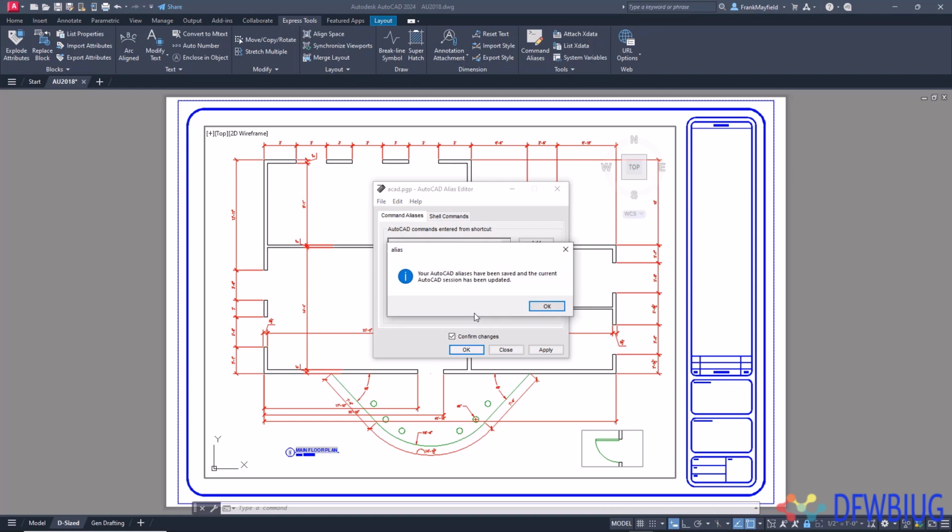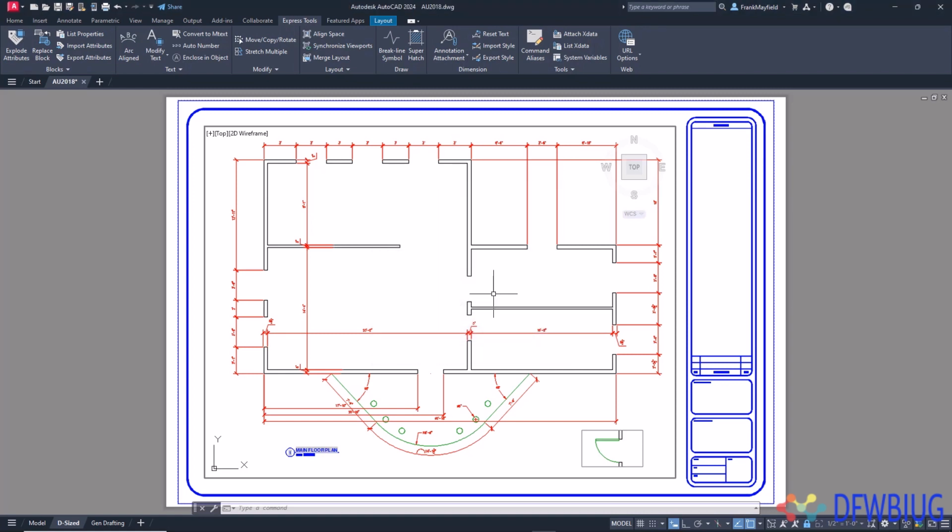And I'll say, yes, let's do that. And it changes the AutoCAD PGP file. And now I have a command that I access all the time in a convenient place at QQ with my hand on the keyboard. Another thing that can help you with your efficiency is using the right-click contextual pop-up menu